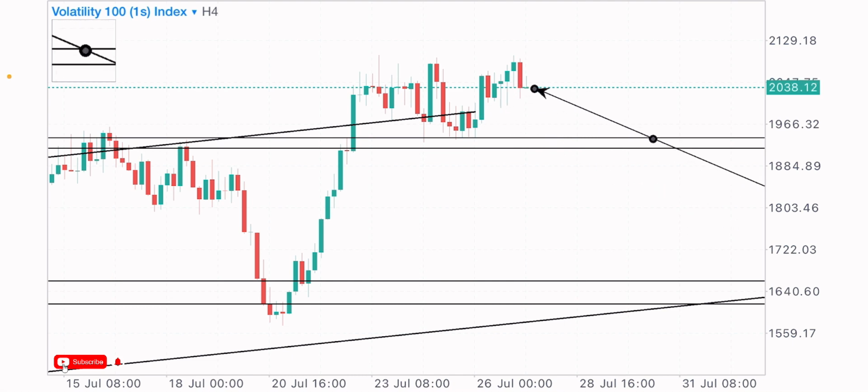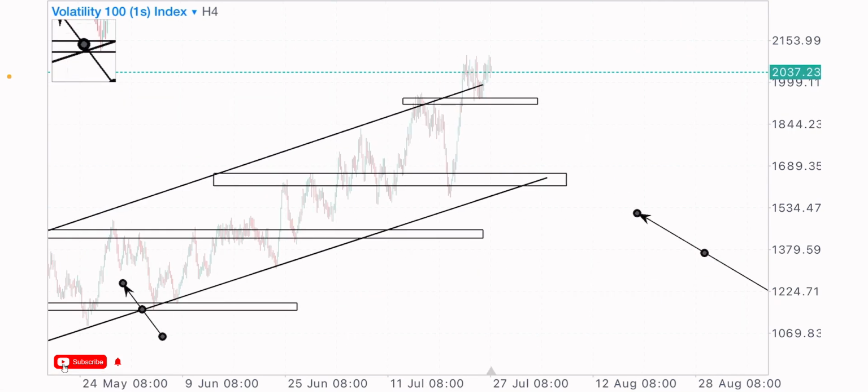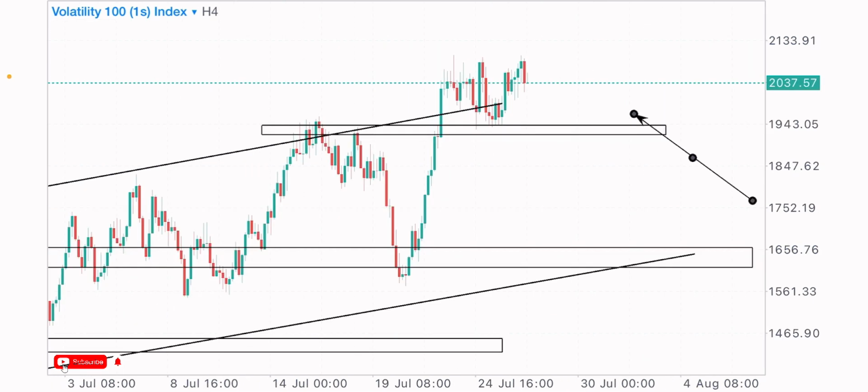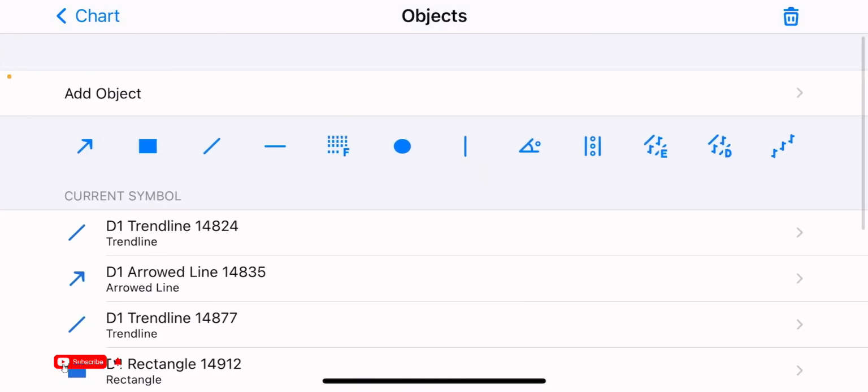Now if the market can give us a push to the downside to this zone, there's a possibility of the buys, like there's a higher hand on the buy side of the market than the sell side of the market, because I've seen the market direction. We've been able to identify our zones and levels. So let's watch out for this level on the 4 hour time frame, on the 1 hour time frame,